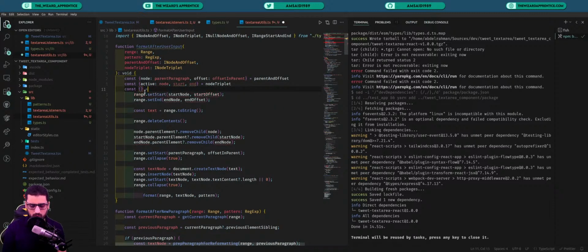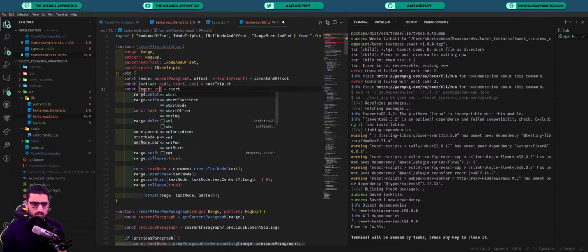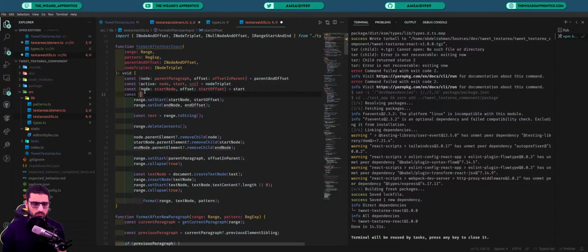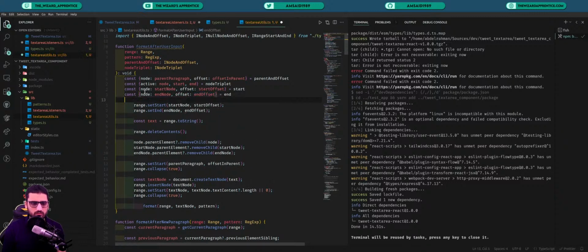We are going to destructure that from start and get node, make it start node, and offset, rename it into start offset, and then const end node is going to be end node, and offset is going to be end offset. And now we basically have all